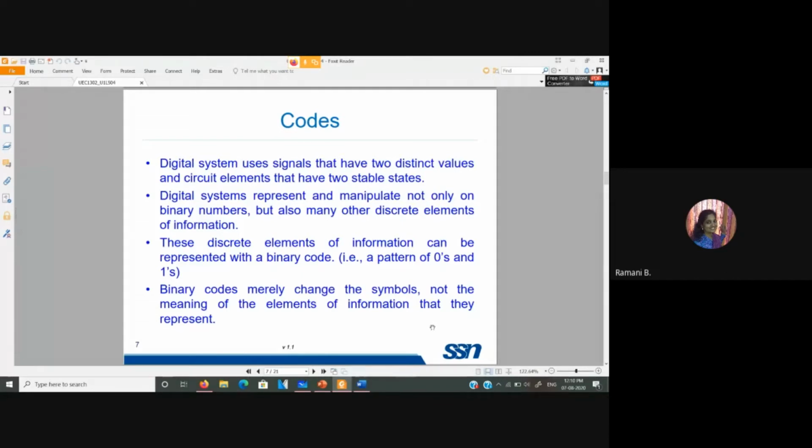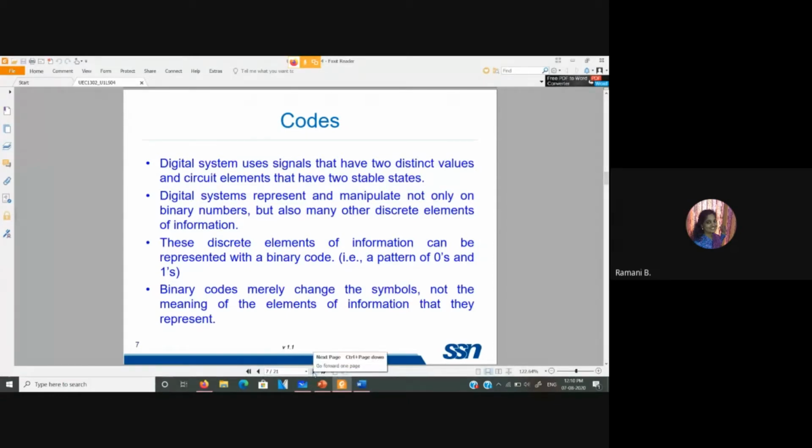Maybe I can use the direct binary number, because in a digital system everything is ones and zeros. If I use the direct binary number system, I will transmit it as 1001. If I use an XS3 code, what I will transmit is 1100. That's how we are going to do it. However, the message being transmitted is the same. The representation may differ.